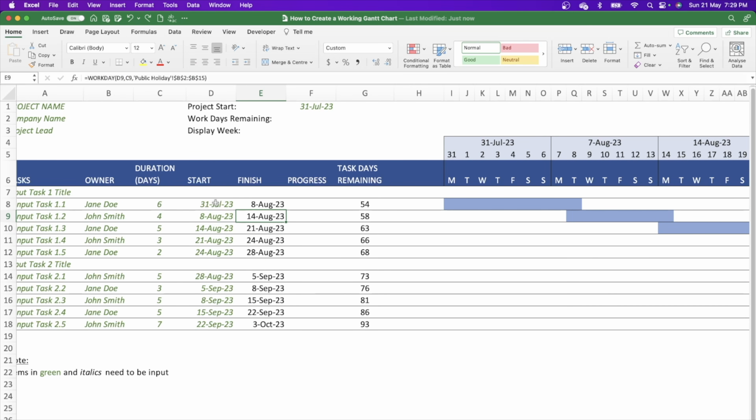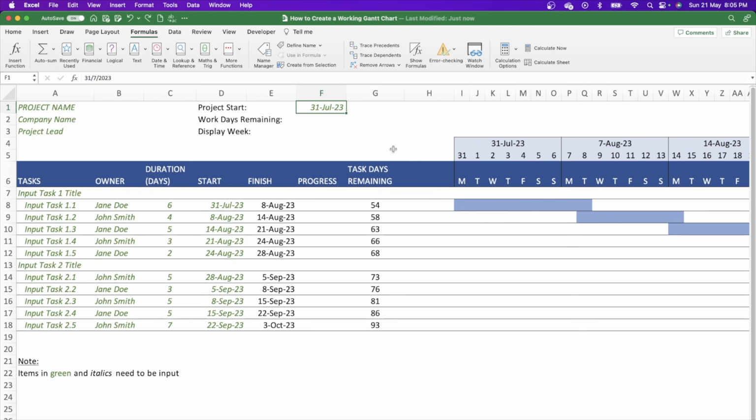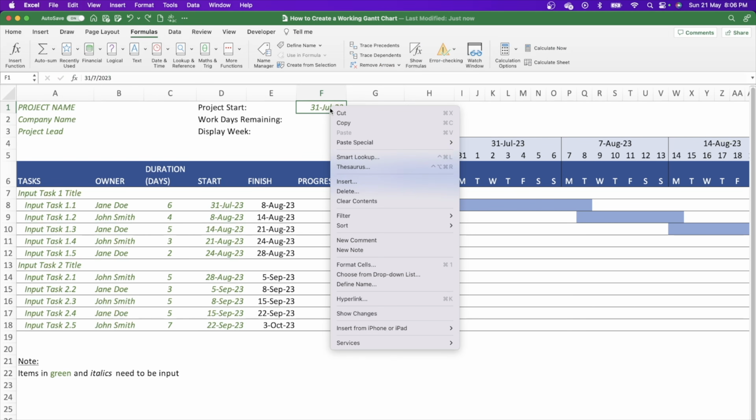Okay, with the timing bars now in place, we'll just add 2 more bits of functionality that will make the Gantt chart far more dynamic and efficient. To start with, we want to make sure that when we start a project, it starts on a Monday, and the starting date on the particular timeline is always a Monday. At the moment, it's not. We could click any date in the project start, and it will show that particular day at the start of the timeline. So to change this, right-click on the project start date, open up the drop-down menu, and go to